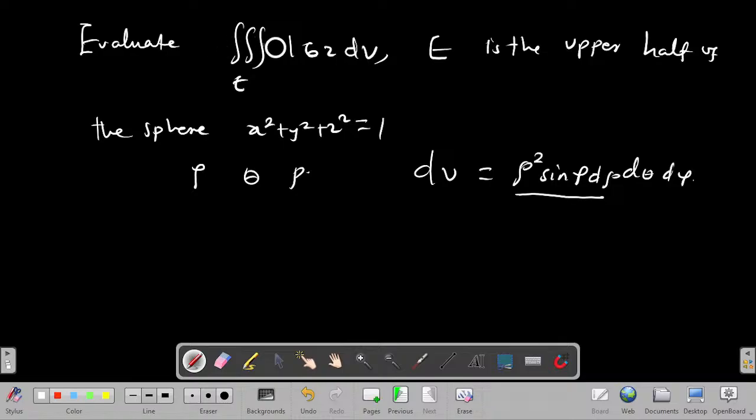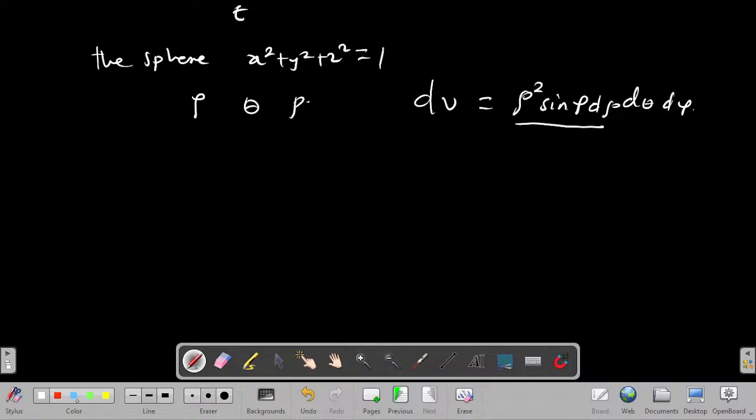So let's find the boundaries. With the boundaries, I need a boundary for rho and then the upper half of it. Let's try to visualize it. The upper half of it,